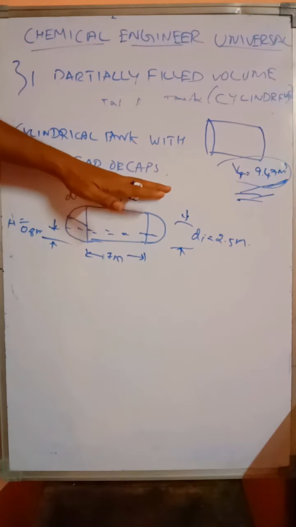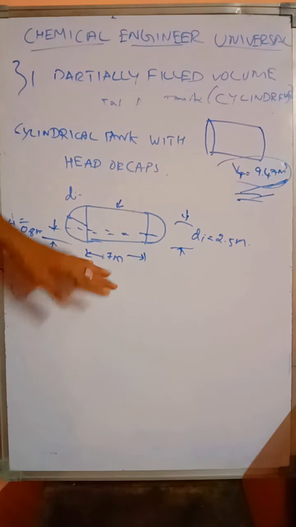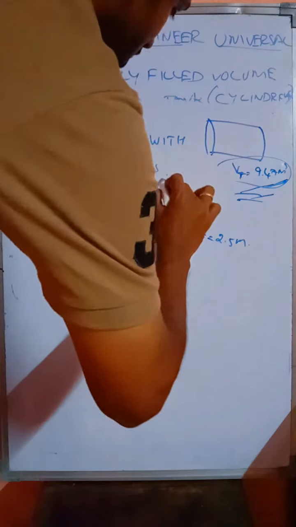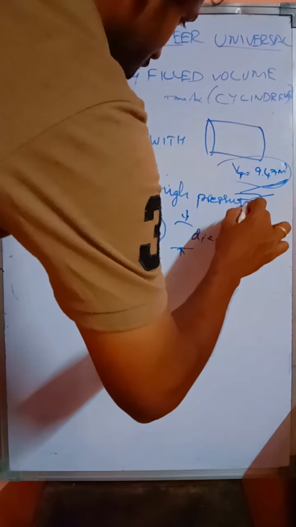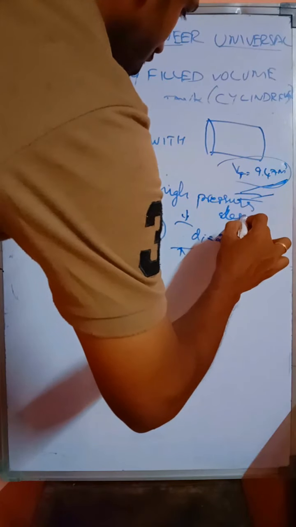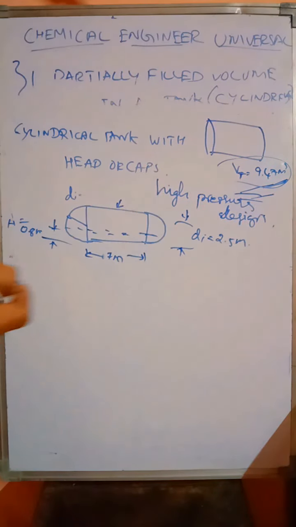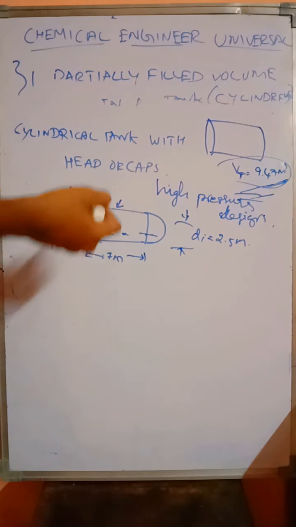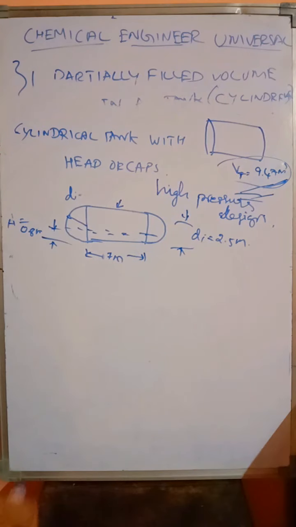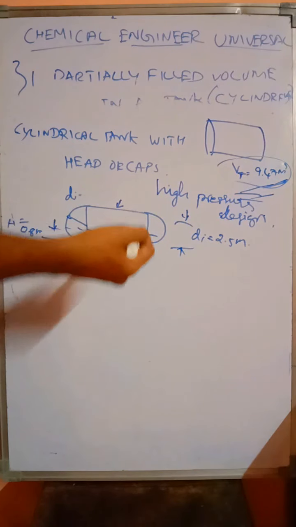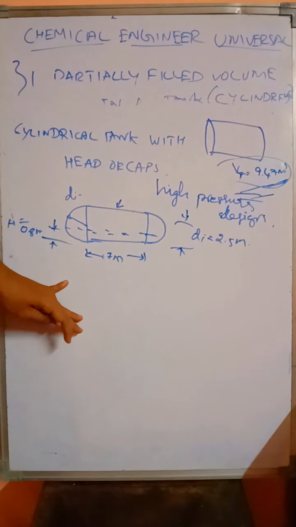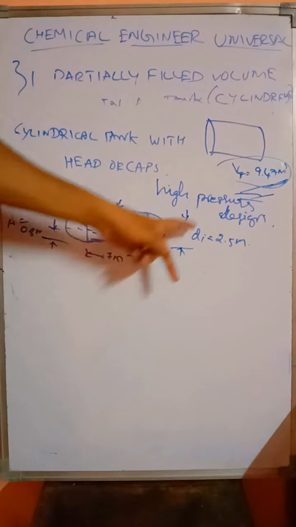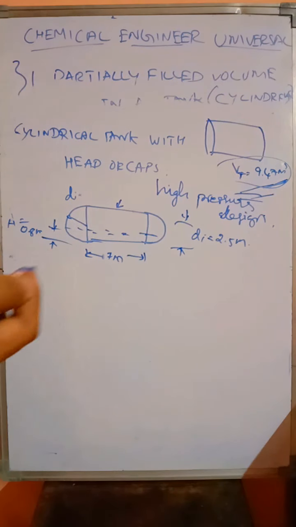So for information, this cylindrical type is mostly used for high pressure designs only, where you are having very high pressures. So for example, if you are storing high pressure liquids and all, you can use it as a bullet also. So there are two types of bullets: spherical bullets or hemispherical bullets also. So depending on pressures and everything, we can use them. Because generally we go for this design if we are handling high pressures, right?